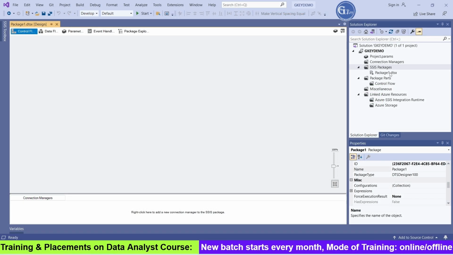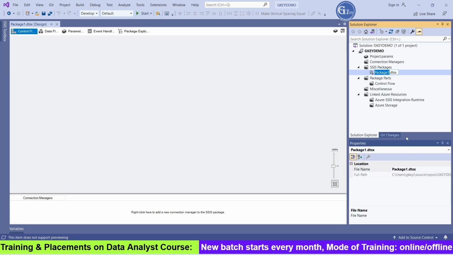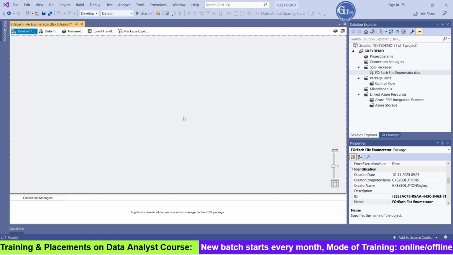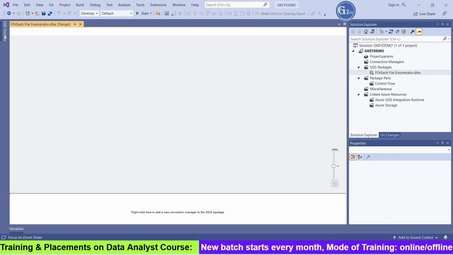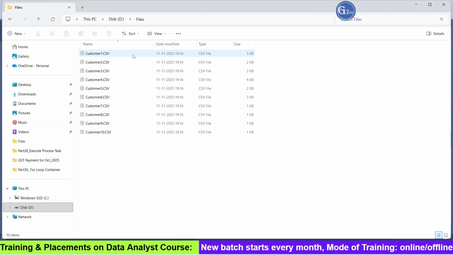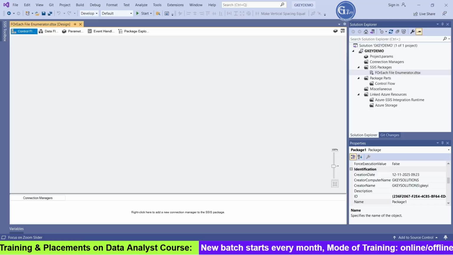Now we are in SSIS. I have created a package here and renamed it as ForEach File Enumerator. To work with ForEach File Enumerator, we should have a bunch of files at a particular location. Here, based on the previous class, we have 10 CSV files. We loop through all these files and load the data into the target table by using ForEach File Enumerator in